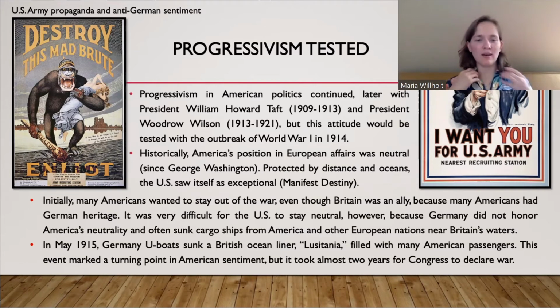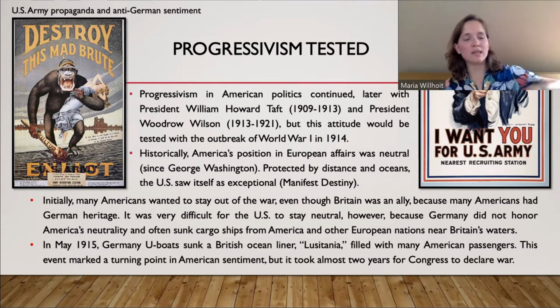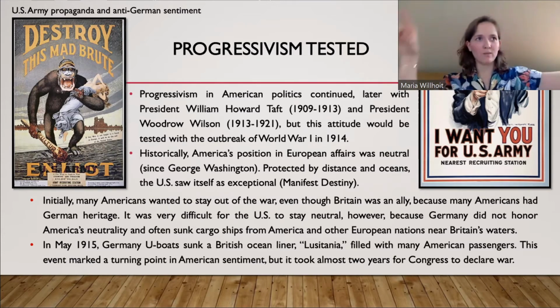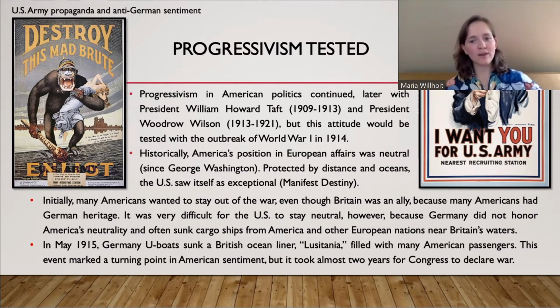But eventually, with World War One and the German aggression, I would say, especially in the waters, America couldn't be neutral. We had problems with Germany sinking our cargo ships that we were sailing from America to England. They would sink our cargo ships because they believed that Britain's waters were a war zone. It declared Britain's water borders a war zone. So if you brought a cargo to England, you were stepping on war territory. You weren't neutral. So that's how Germany justified sinking American ships.